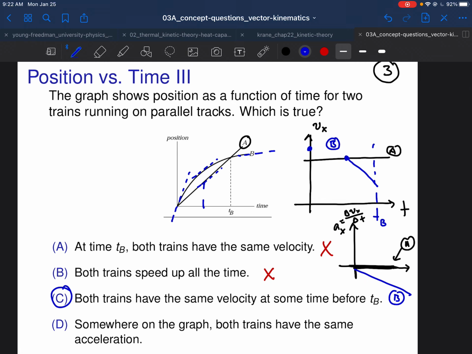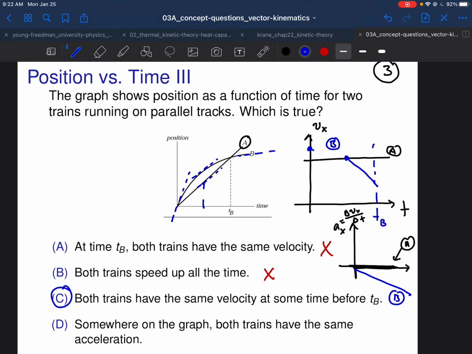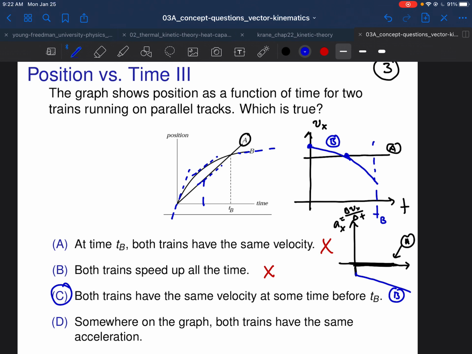So I really should have probably drawn this one more like this, in which case you'll have some initial negative slope here, like that. And then they never have the same acceleration, other than perhaps the moment in time at the very beginning, they certainly don't. That concludes our